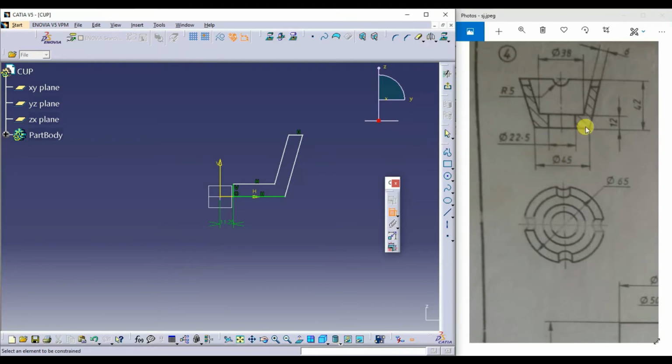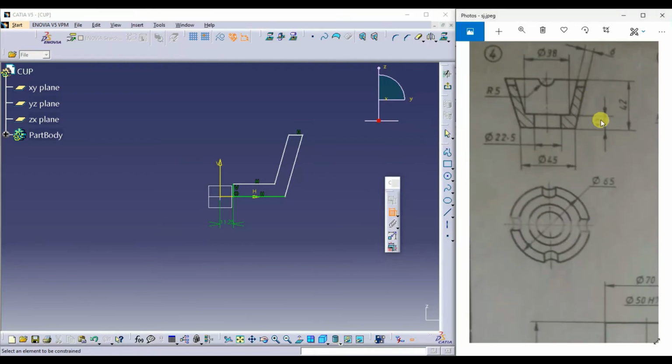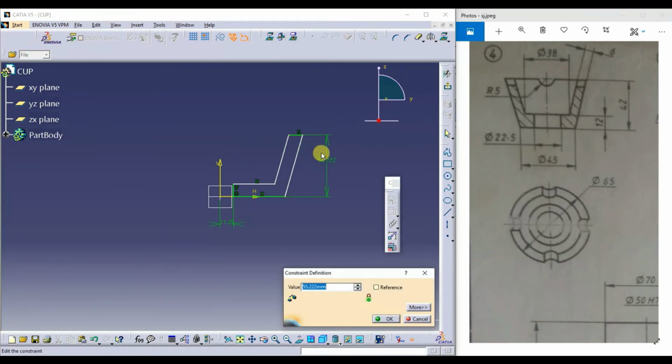Next one is height, which is 42. From here to here it is 42.